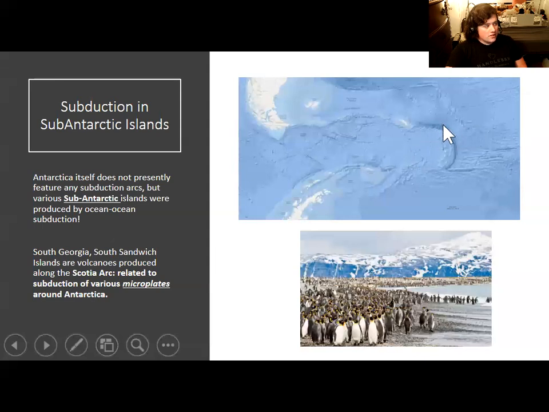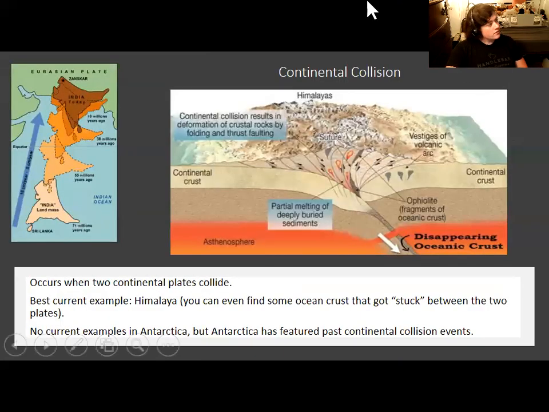Because of subduction, you see the bulge points to the east, and that tells you that the plate that is subducting is coming from the east and moving west. And that's producing the South Sandwich Islands here, as well as South Georgia Island and a number of the other subantarctic islands. And the other type of occurrence that happens at convergent boundaries is continental collision, which we don't have